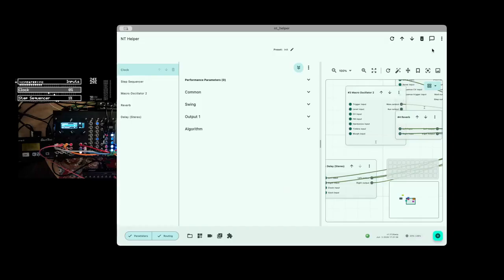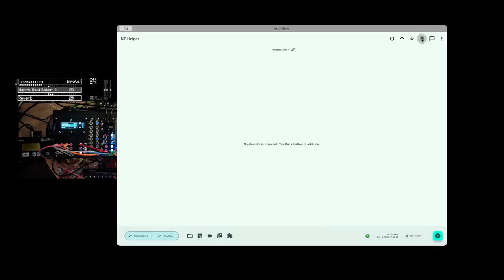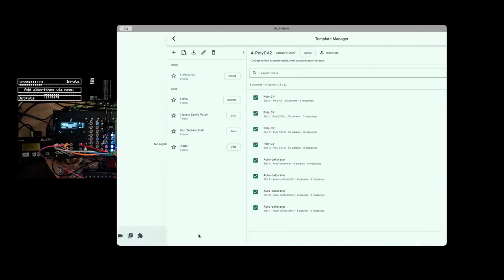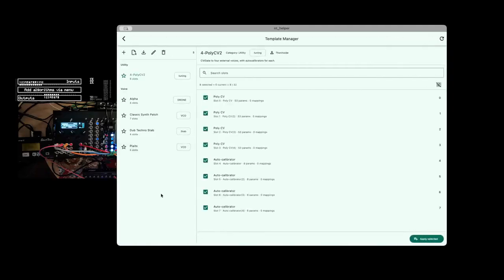That's what templates are for. So let's clear this out. Go to templates and say, for example, you may want this guy, which has 4 poly CVs and 4 auto calibrators. And then you can apply the selected,